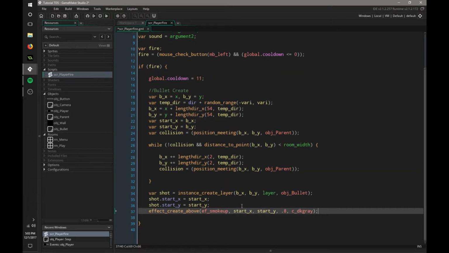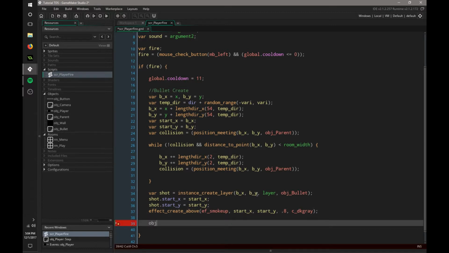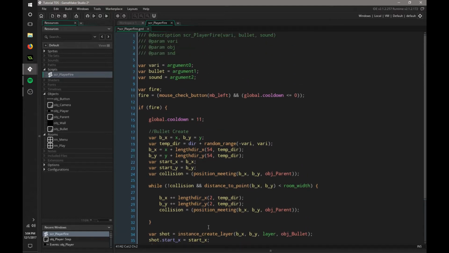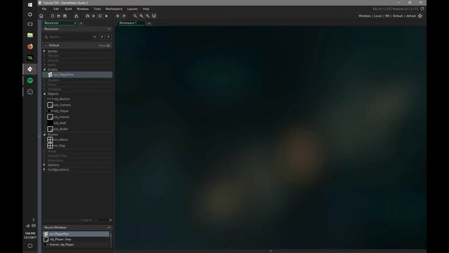gray. And we also need to apply that screen shake that we had before, so I'm going to say obj camera dot shake equals 10, because we're going to be constantly firing. Alright, and that is all you need to create an instant bullet. And remember, we have to assign these in the object as well. So if we go